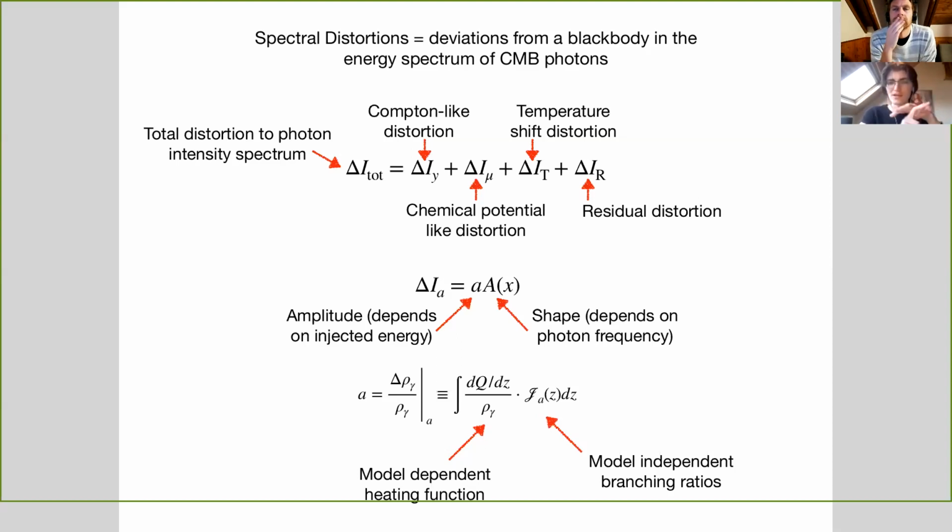So for the heating functions in CLASS, there was actually a version called ExoCLASS by Poulin and Stöcker, where they looked at the energy injection coming from several different models. And this has been rewritten and incorporated into our code. And the spectral distortions calculation is based on CosmoTherm by Jens Chluba, which has also now been rewritten and integrated into our code, streamlined.